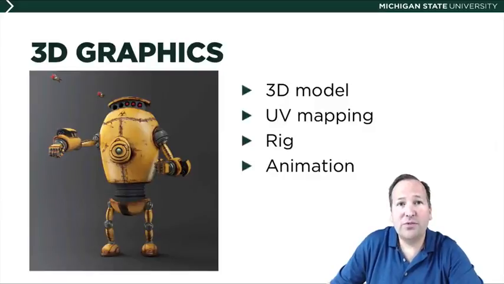In terms of 3D graphics, we typically are talking about 3D models or 3D meshes, UV mapping information, which describes how a 2D texture maps onto a 3D surface, a rig structure or skeleton for controlling the model, and animation